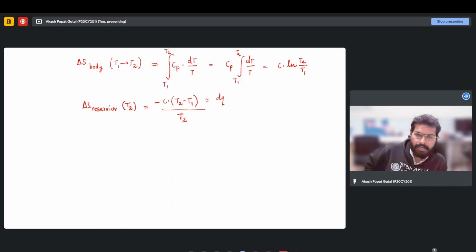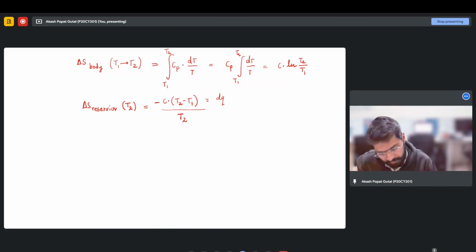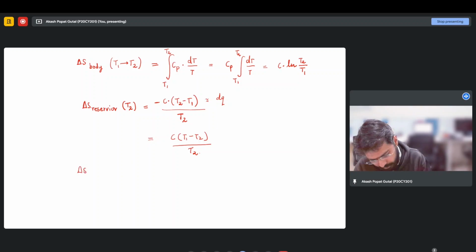So what we are getting here, delta S body and reservoir entropies. So what we know is that we can write this as C (T1 minus T2) divided by, right? So whatever the entropy of universe is nothing but change in entropy of a body plus change in entropy of reservoir,